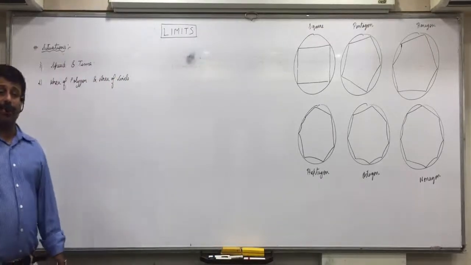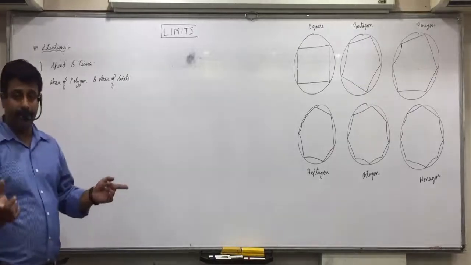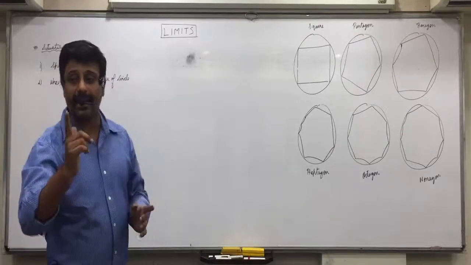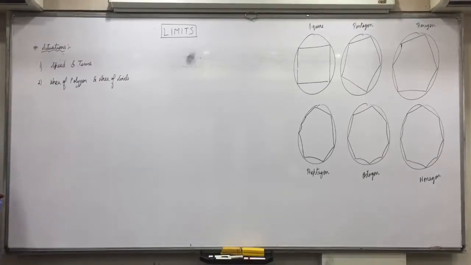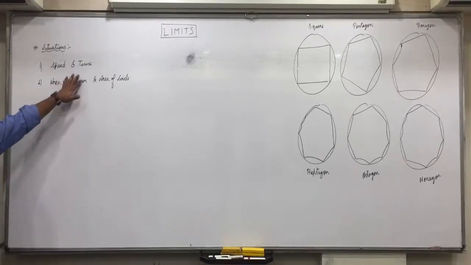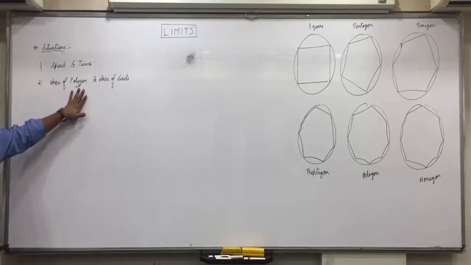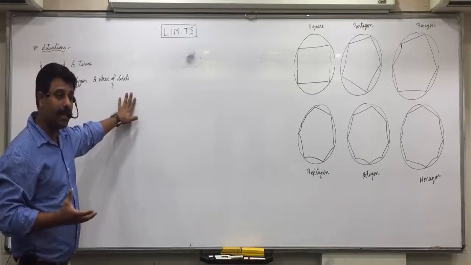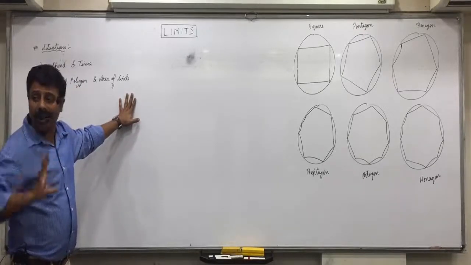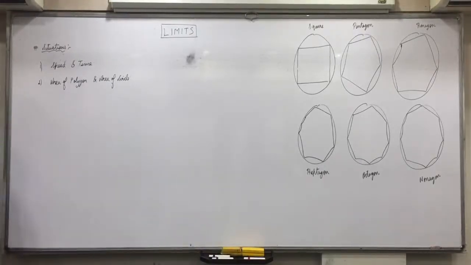Yes. That concept was used to derive the formula of pi r square. But even if you take infinite sides, would you get exactly a circle? No. So that is the limit. The exact value is indeterminate. You can take infinite sides of the polygon. You'll get an area near to the area of a circle, but the exact value of the area of the circle cannot be obtained.